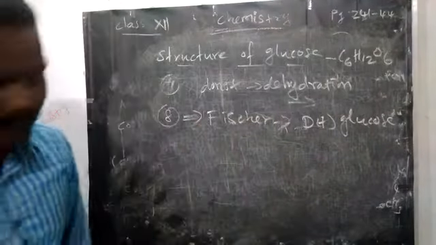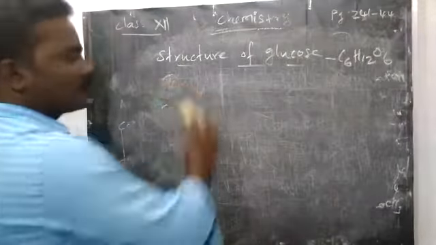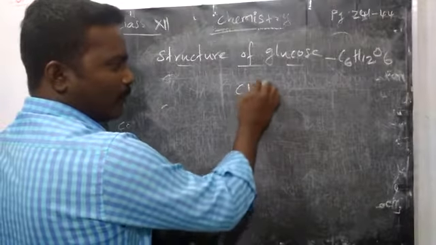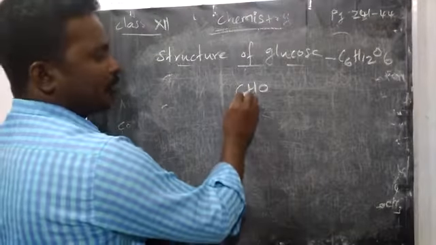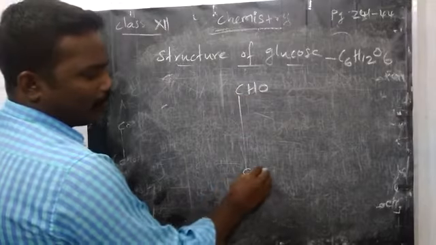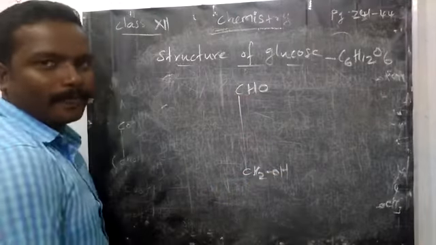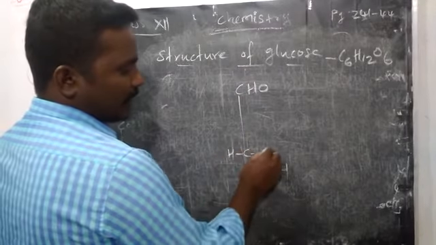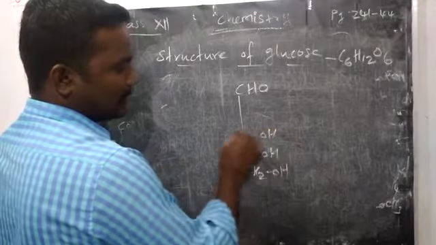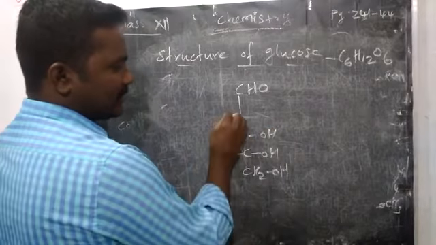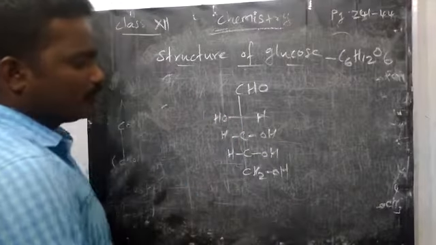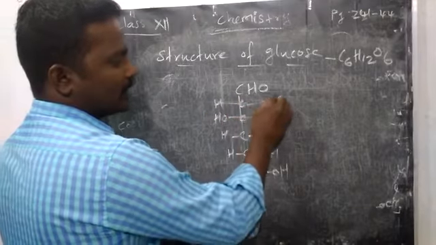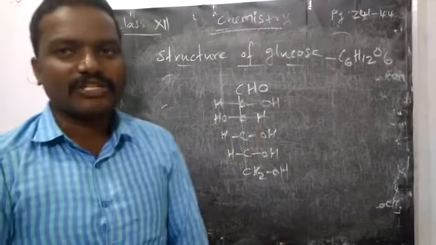Okay, shall we write the structure of glucose by applying all these 8 points? Yes, at one end we have the aldehyde group. At the other end we have a primary alcohol. Then on each carbon we have one OH group. So H, OH, H, OH. But here a small change, OH, H. You should write clearly. Then one more H. This is called the structure of glucose.